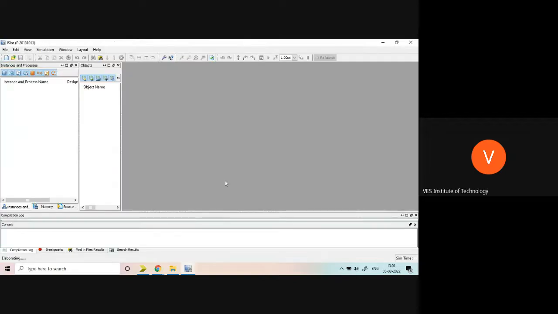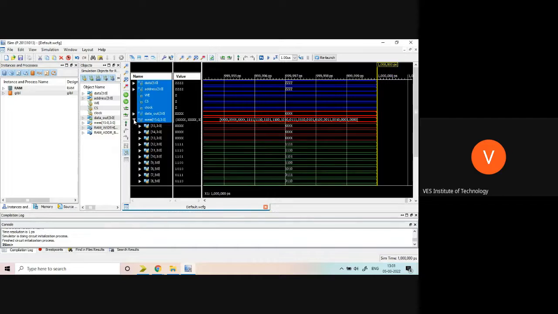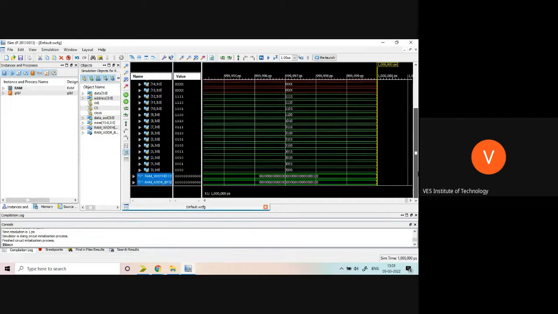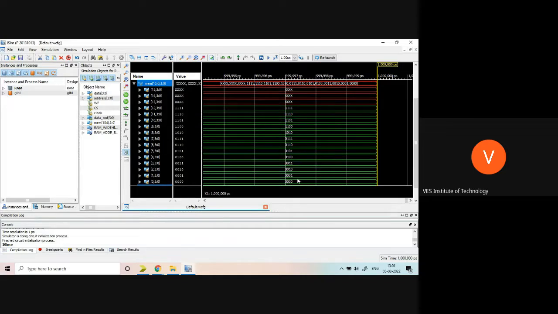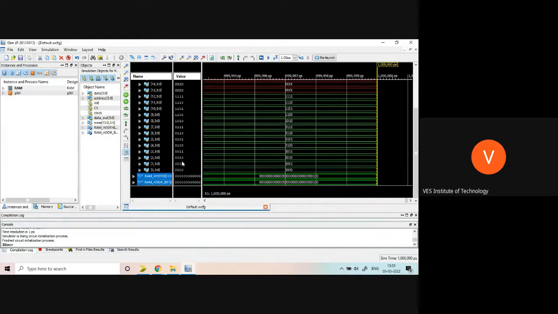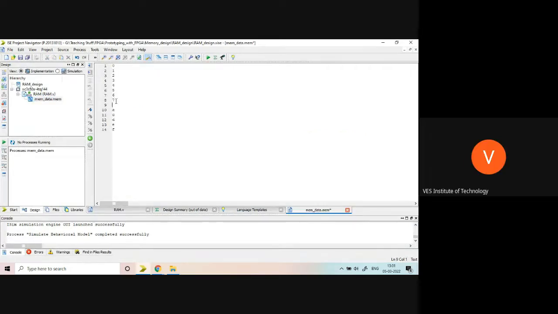You can see the simulation. Now everything got initialized. See this, memory got initialized. Okay, there is some mistake probably. 0, 1, 2, 3, 4, up to 12 it got initialized. After that, 0, 1, 2, 3, 4, 5, 6, 7. Okay, 8 and 9 I have not written. That's why there is a mistake. Anyway, all of you understood what I mean to say. Yes, data is stored. So this is 8 and 9. In this way, we can save the data.